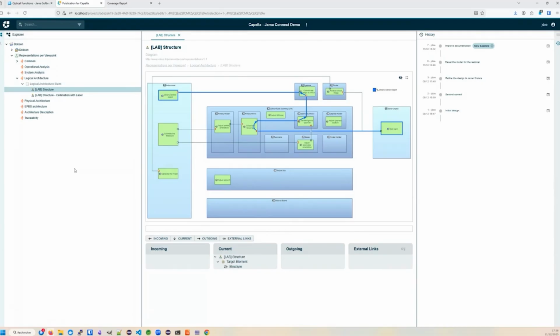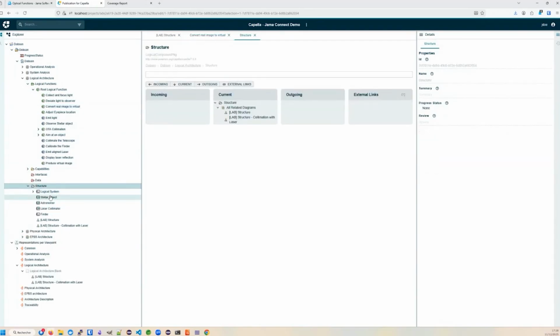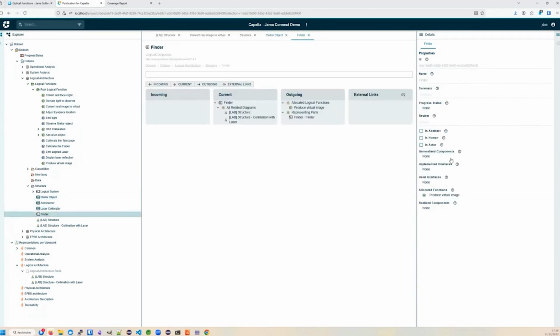And I think, well, you have the properties view, which can be very useful. They are similar to what you have in Capella for any object. So they are basically showing the properties of anything you select. So here you can see this is an actor, as mentioned here, whereas this component is not an actor, and so on and so forth. Okay, so that basically covers the first use case I wanted to show you.